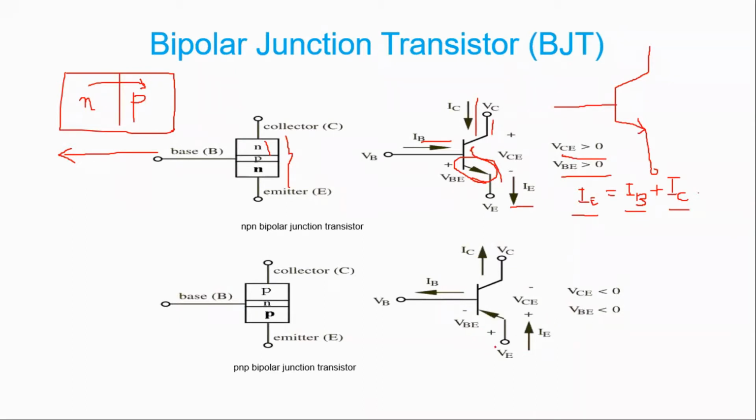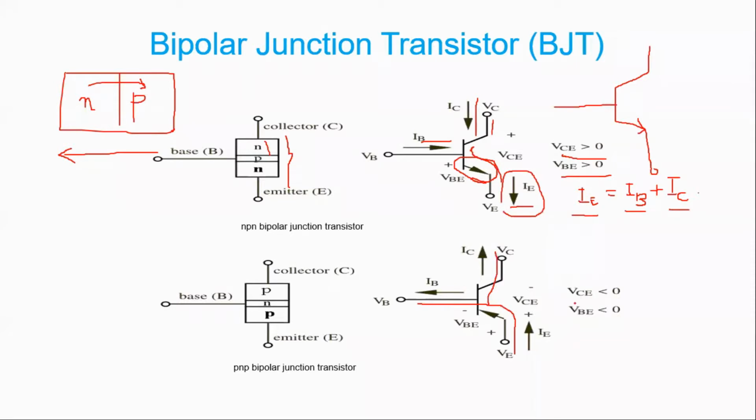So the important thing is that your emitter current is equal to base current plus collector current. Here you can see current is coming here, current is coming from here, and they are being totaled in the form of IE. Here current is going from this particular terminal, and some current gets into the base while the rest of the current will move to the collector.